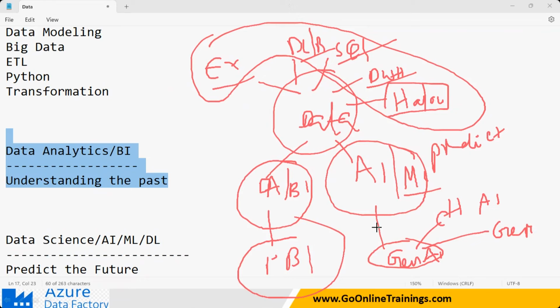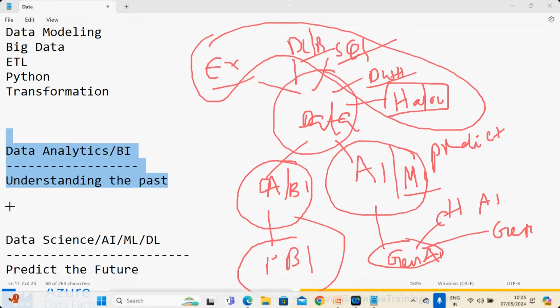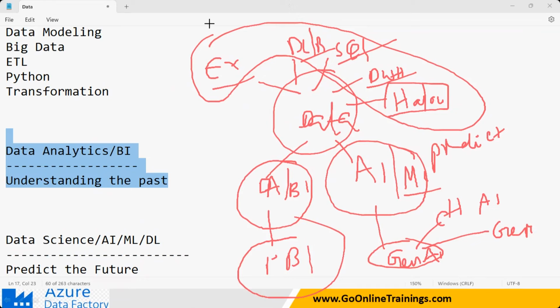Go Online Trainings is going to be giving you all of it, from very basic to advanced knowledge. Any non-IT person can easily get into the IT industry as a data engineer, because as a data engineer you don't need to write much coding. Only if you know SQL very well, you will become a data engineer. One ETL tool you need to know, and everything from scratch we're going to be giving.